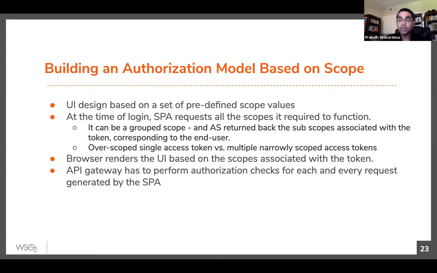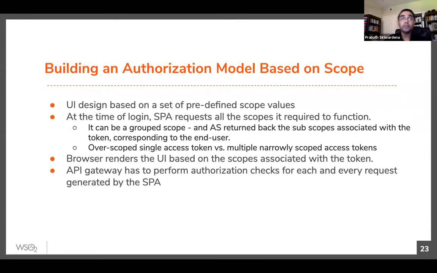One issue here is, when you ask for one token for multiple sets of scopes, this token itself is overscoped, right? So if someone steals this token, the impact is high. At the same time, since your single page app works with multiple endpoints, these endpoints can come from different trust domains, but still all of them would trust your authorization server. Then if you send a token to one endpoint which has scopes that are not required for that particular endpoint, then that token can be reused or replayed to access another endpoint. So there's a security issue.